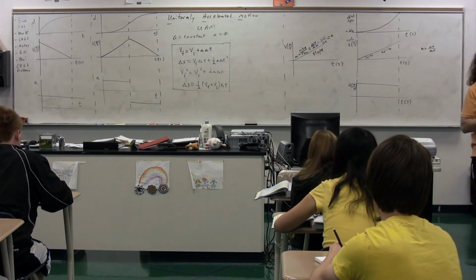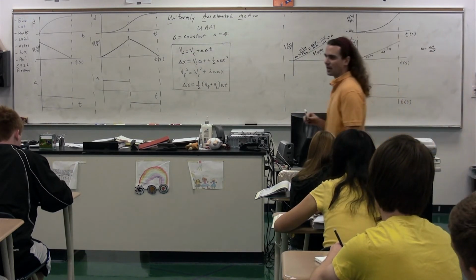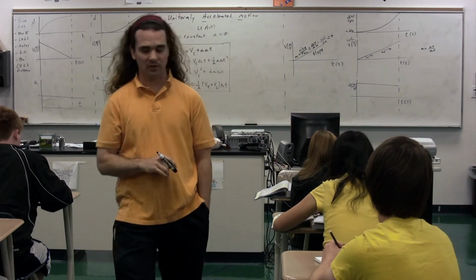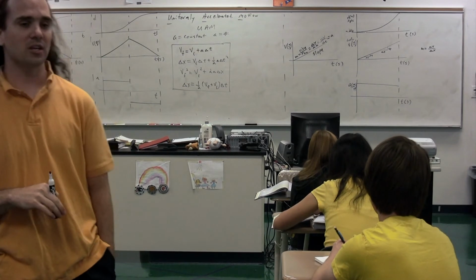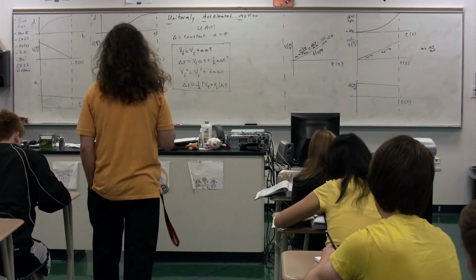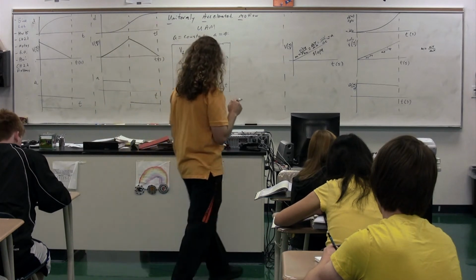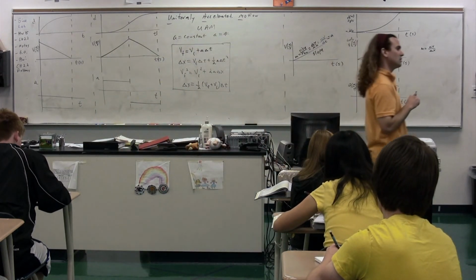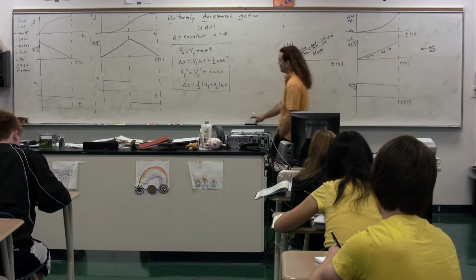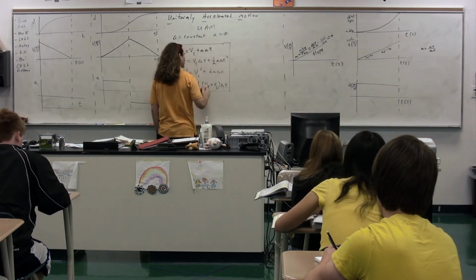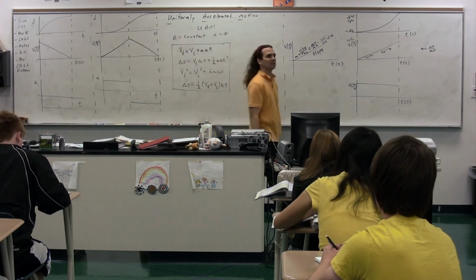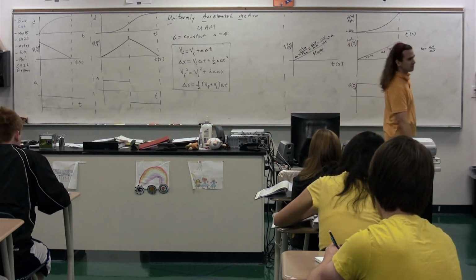Velocity final equals velocity initial plus acceleration times change in time. Change in x, the displacement, is equal to the velocity initial times the change in time plus 1/2 times the acceleration times the change in time squared. Velocity final squared equals velocity initial squared plus 2 times the acceleration times the displacement in the x direction. The displacement in the x direction equals 1/2 times the velocity final plus the velocity initial, that quantity, multiplied by the change in time. The UAM equations.